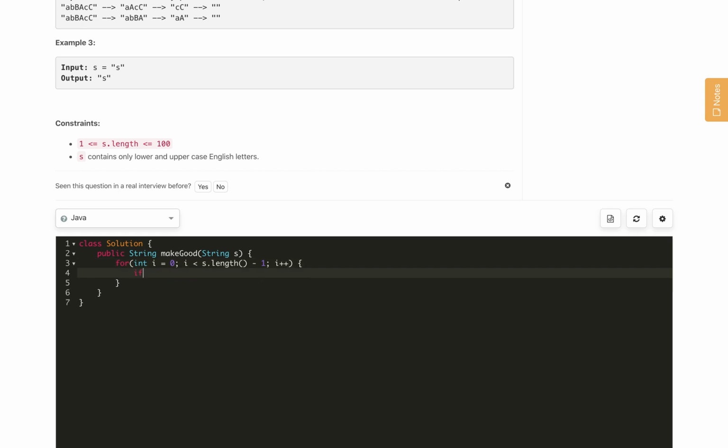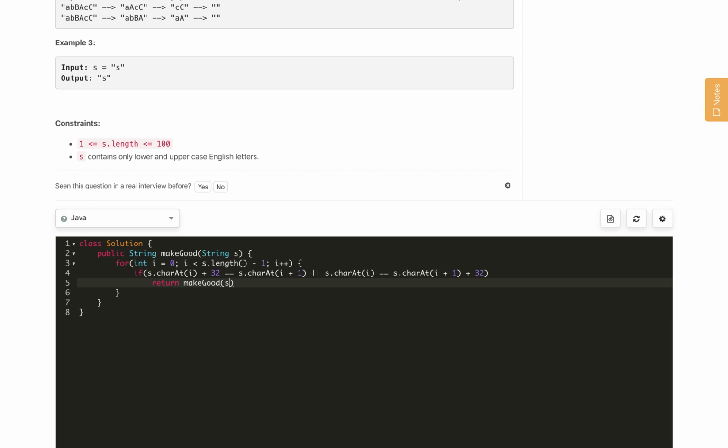Now we will check if s.charAt(i) plus 32 is equal to s.charAt(i+1), or the 32 can be added the other way around. If it is the case, then we will call the makeGoodString method, and we will return from here makeGoodString, with the string being the left part from before the i.